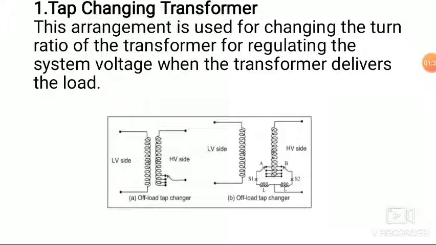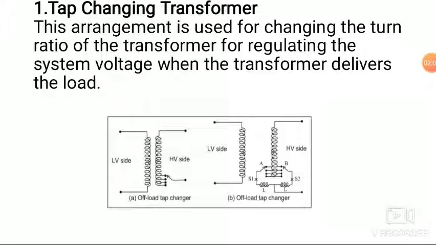First is tap changing transformer. The voltage control in transmission and distribution system is usually obtained by using tap changing transformer. In this method, the voltage in the line is adjusted by changing the secondary EMF of the transformer by varying the number of secondary turns. Secondary voltage of a transformer is directly proportional to the number of secondary turns. Thus, the secondary voltage can be adjusted by changing the turns ratio of the transformer. Secondary number of turns can be varied with the help of tappings provided on the winding.